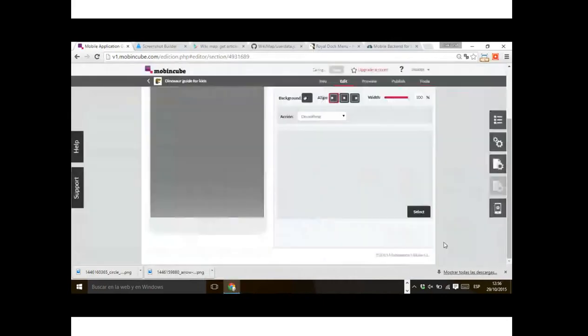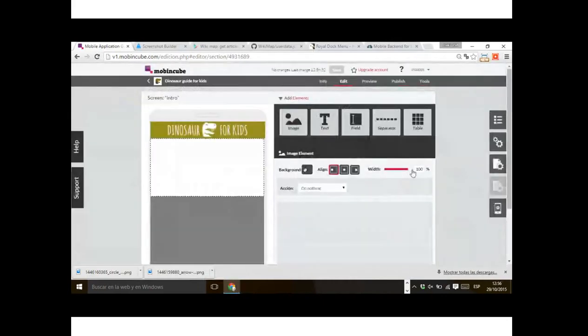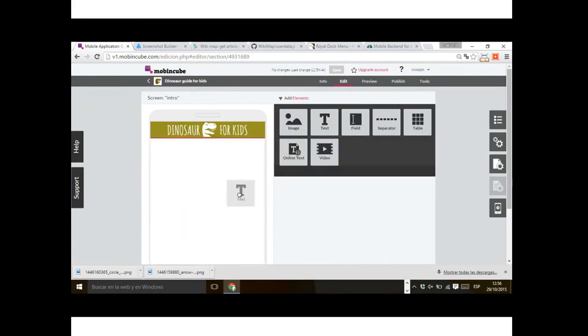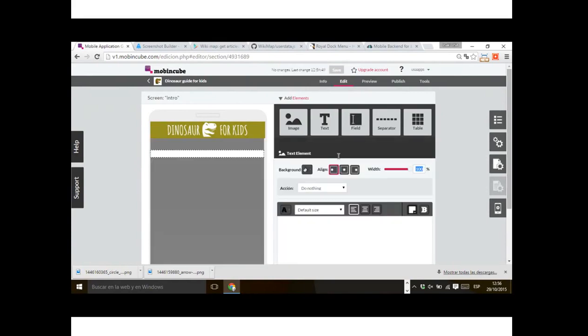Okay, so I have this transparent image, and you can change the size. Since we always keep the ratio of the image, this way you can control the height of the space. So I'm going to do 20%. Then I will have one text, and I'm going to do this 94%